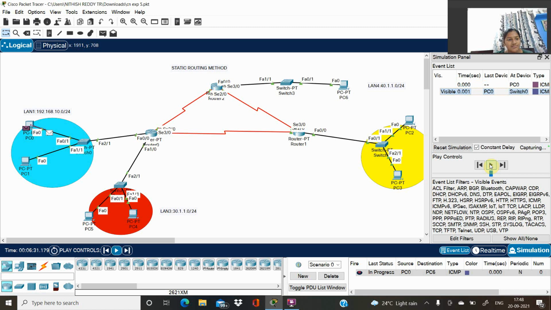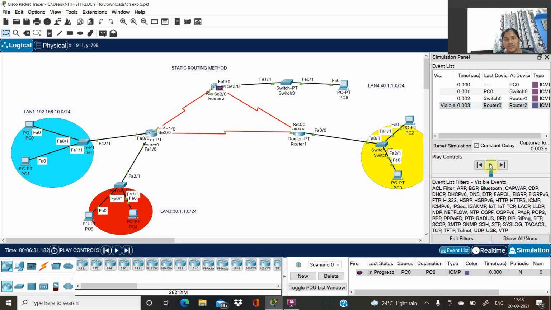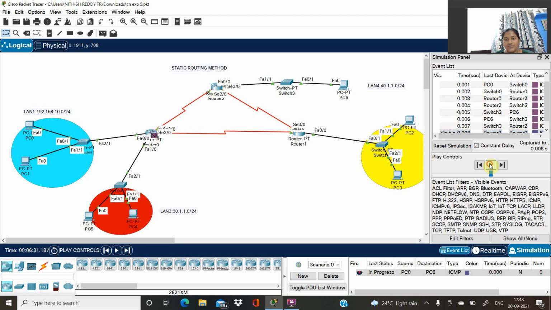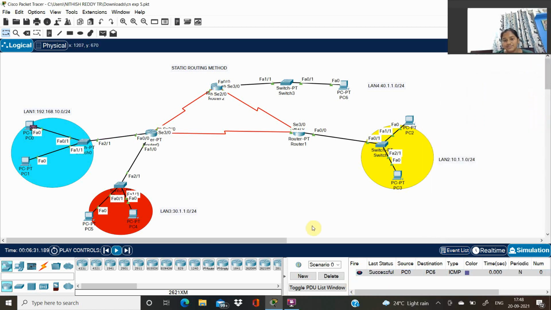First from PC0 to switch, and then from switch to router 0, and then from router 0 to router 2, and from router 2 to switch, and from switch to PC6, and from PC6 again through switch 3, and then again to router 2, from router 2 to router 0, and from router 0 to switch 0, and from switch 0 to PC0, and it is showing successful.